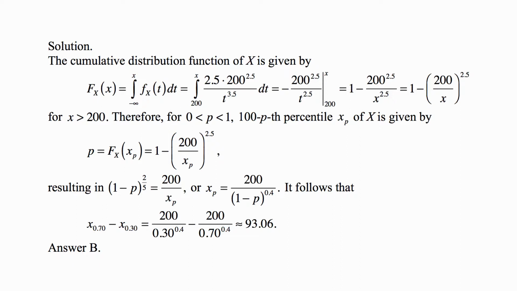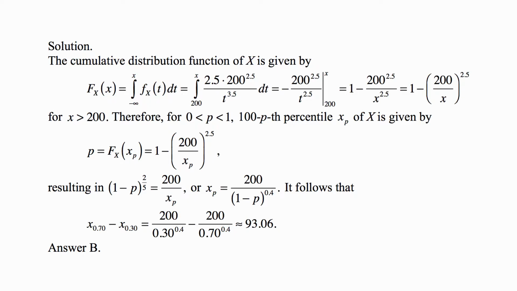So that's this density. We just take the integral of a density from where the density ends at the left-hand tail to x. Well, the integral of this function is minus 200 to the power 2.5 over t to the 2.5. And we evaluate it from 200 to x, and that becomes 1 minus 200 to the power 2.5 over